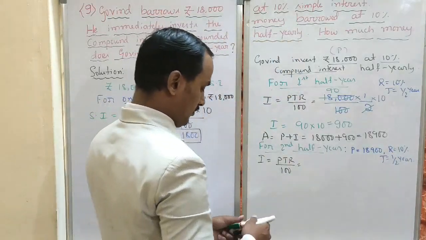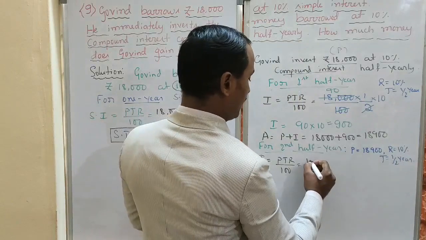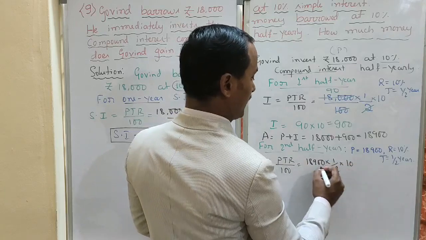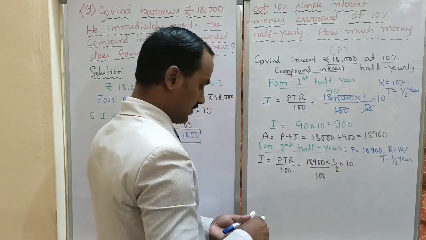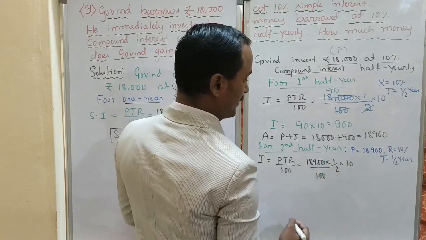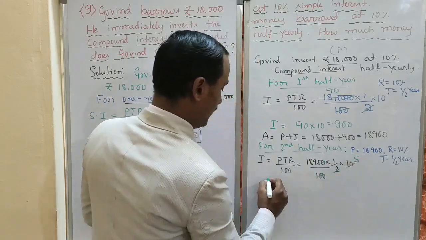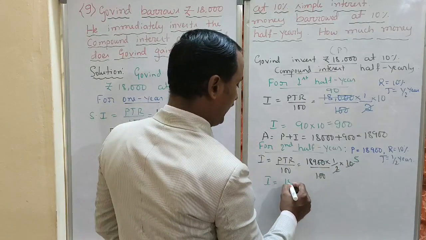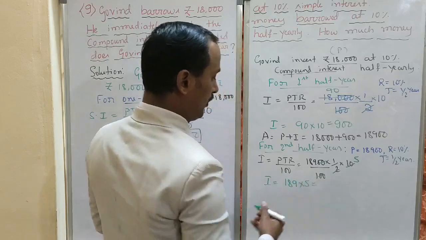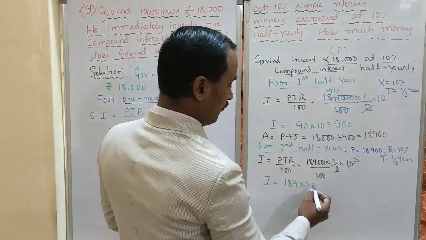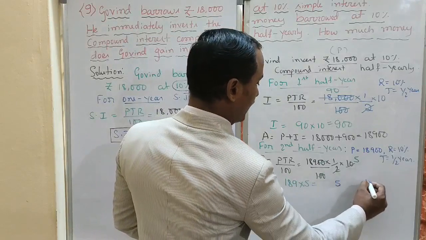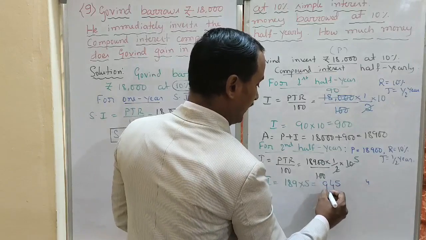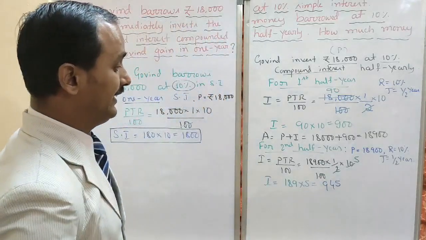Principal amount, how much is it? Look here, I will substitute principal 18,900 into time 1 by 2 into rate of interest 10 divided by 100. Look here also again 20 cancel, 2 ones are 2, 2 fives are 10. Interest is equal to, then 189 into 5 will come. This multiplication: 5 nines are 45, 5 carry; 5 eights are 40 plus 4, 44, 4 carry; 5 ones are 5 plus 4, 9. 945 interest came, dear children.